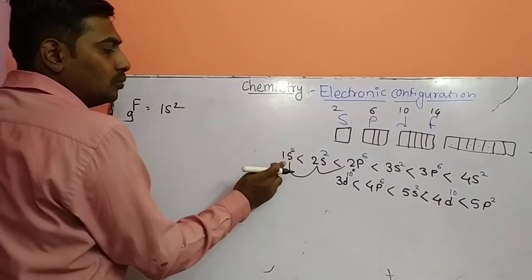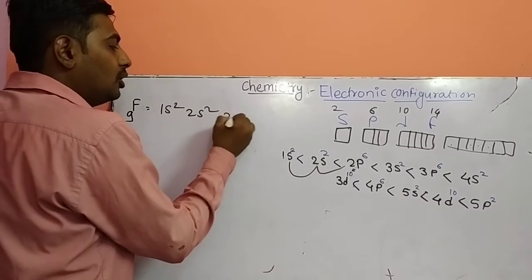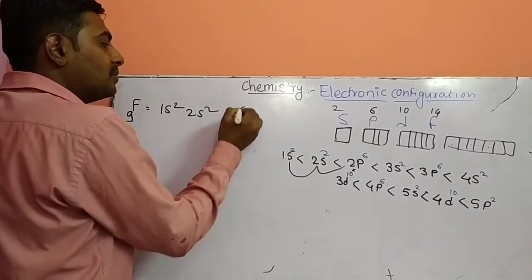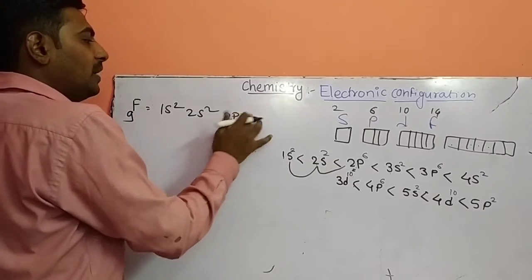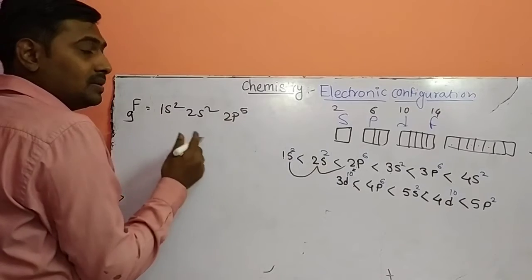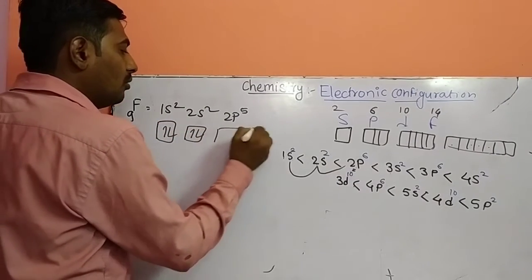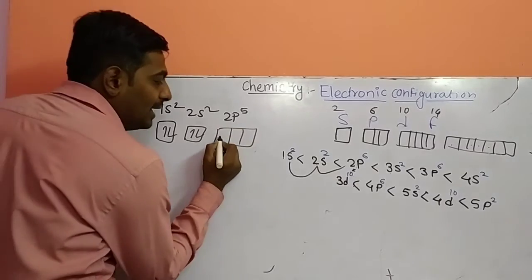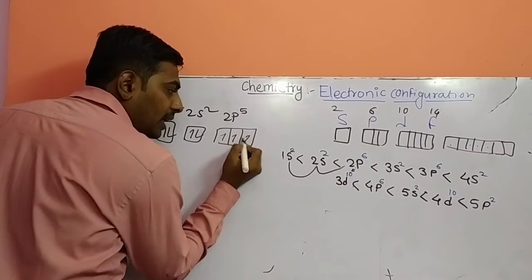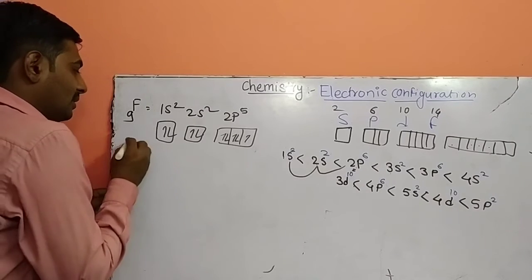1s2, then 2s2, then 2p6, then 2p5. 2 plus 2 is 4, plus 5 is 6... the 5 electrons will be 1, 2, 3, 4 and 5. Next,